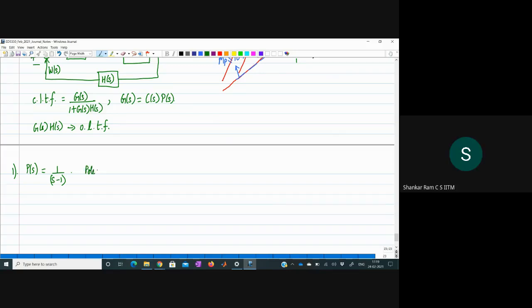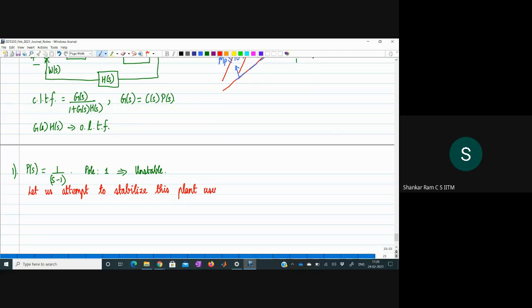Very good. So we can see that the pole is at +1, which means that to begin with, the system is unstable. All right, very good. Okay, so now the task or the exercise we will do is that let us attempt to stabilize this plant